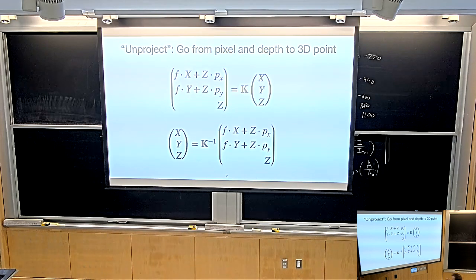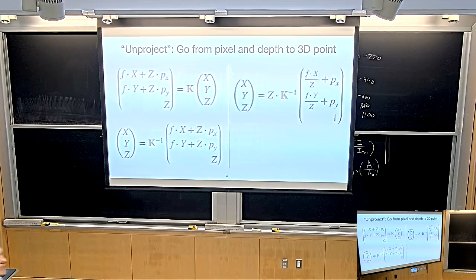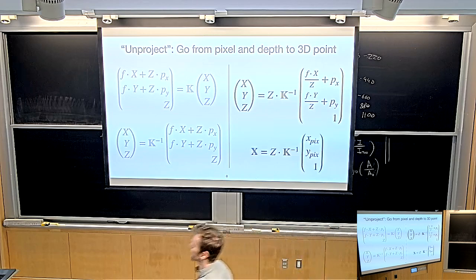What we want in the end is a 3D coordinate in camera coordinates. So we multiply with the inverse of K, which takes us to this. Nothing changed except for the inverse of K. Now we can pull out the Z. Here we just factor out the Z. And when we pull out the Z, what we have here is Z times K inverse times F times X over Z plus Px. And it just so happens, this is where I got confused. I thought Px, Py, these are the pixel coordinates, that doesn't make any sense. But they're not the pixel coordinates, they're just Px, Py from the intrinsics matrix. And it turns out that is exactly X pix and Y pix. So this whole term here is the Y pixel coordinate.